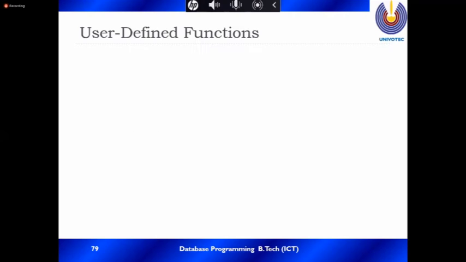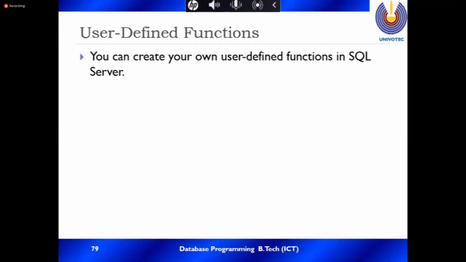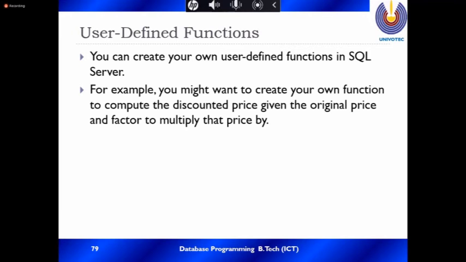There are three types of functions. You can create your own user-defined function in SQL Server. For example, you might want to create your own function to compute the discount price given the original price and a factor. In a particular season they want to increase the number of sales and get profit.